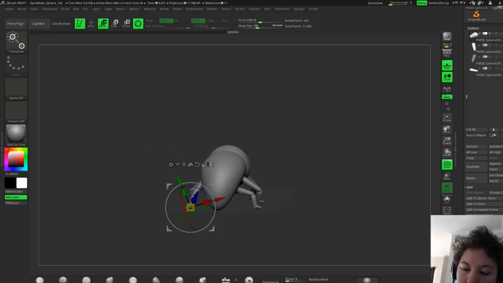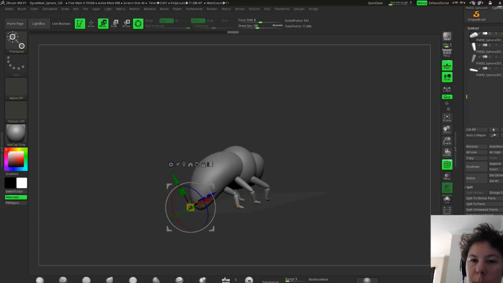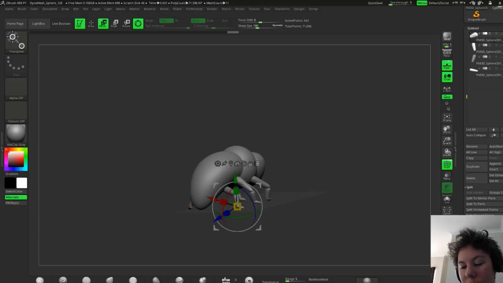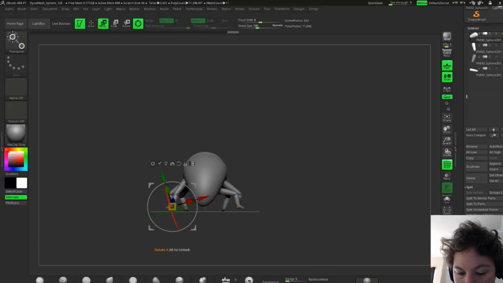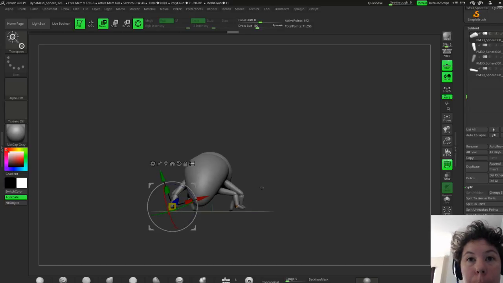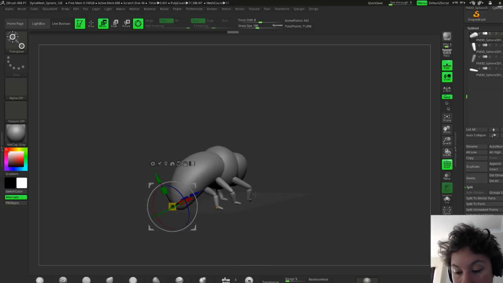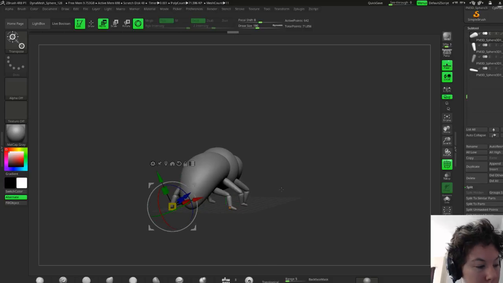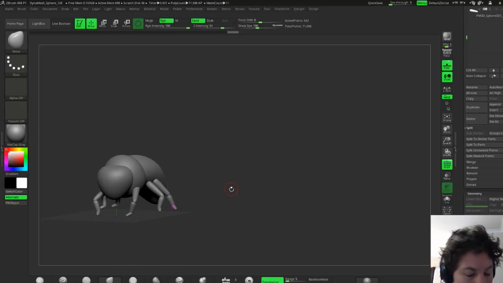So I do have another problem. Because I didn't mirror and weld the back leg to have the same polygroups, when I separated the polygroups out for this leg, it didn't separate these ones into the same group. So this leg hasn't changed at all from the work that I did on this one. But that is okay. I'm not sure which direction it mirror and welds in, but let's find out. So what I want to do is